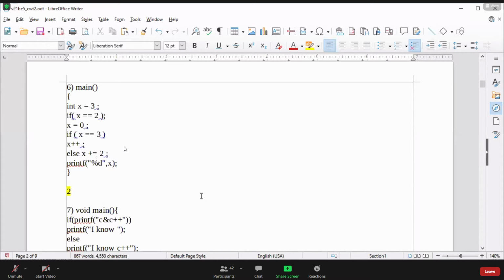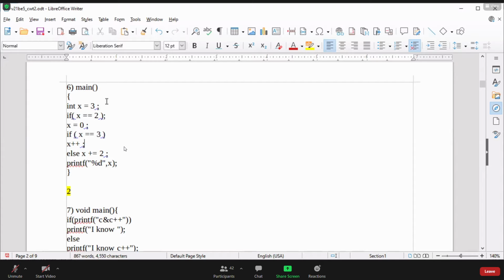Just try to understand. Whenever you observe an if statement, for loop, while loop, or any control statement, you have to look at the semicolon and these kinds of things also. A semicolon means we can say it's a dummy statement. You know that very well, right? Dummy statement means this if is not a part of the program. The statement x double equals to 2 is available, but it has no meaning. So how does this program work?